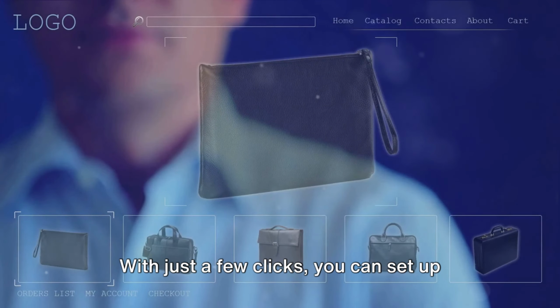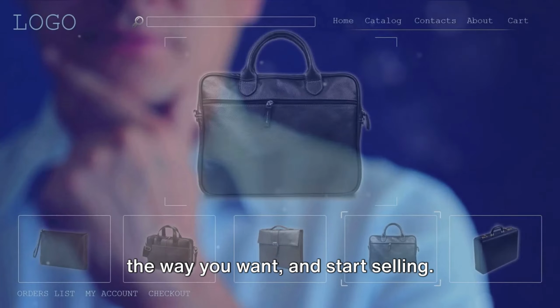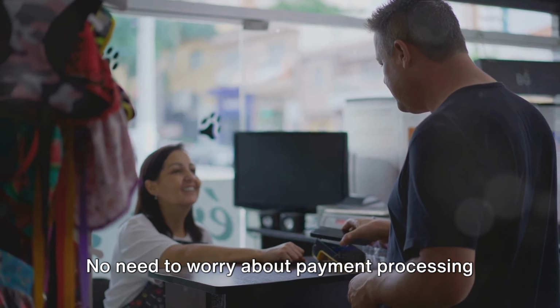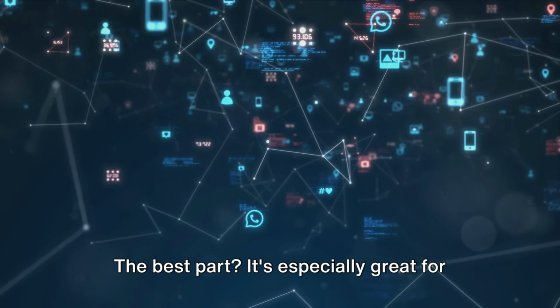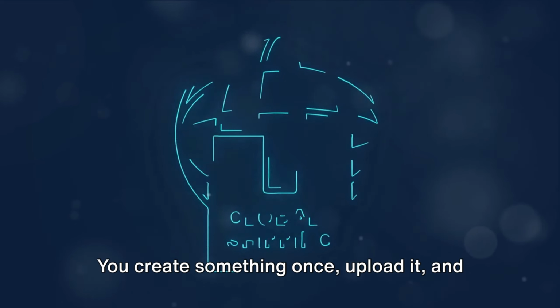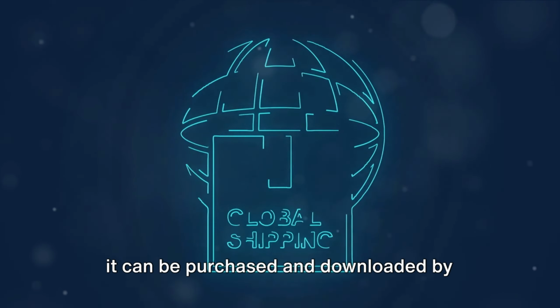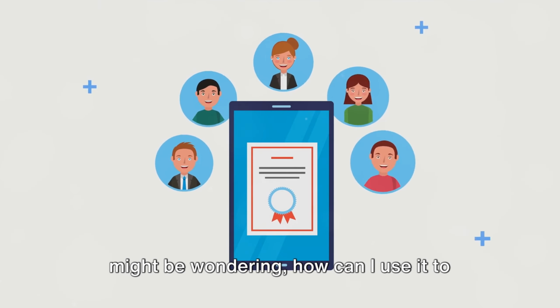With just a few clicks, you can set up your own online store, price your products the way you want, and start selling. No need to worry about payment processing or distribution. Gumroad has got you covered. The best part? It's especially great for digital products. You create something once, upload it, and it can be purchased and downloaded by people all over the world. It's that simple. Now that you know what Gumroad is, you might be wondering, how can I use it to